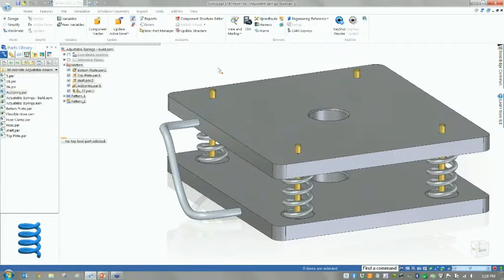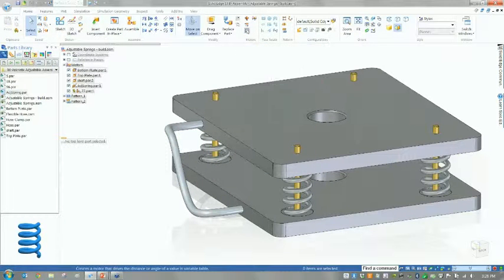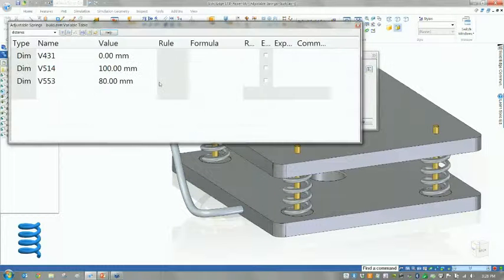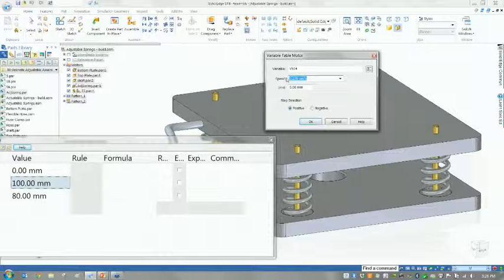All right, so now we have our springs sitting out there, our plates, and now I'm going to make a variable table motor. And I'm simply going to say that I want to pick that 100 millimeter, I'll pull this out of the way, and I want it to come down maybe 10 centimeters a second there, and I want it to come down 30 millimeters. I want it to come down, so it's going to go negative. If I go positive, it goes up. It's not impressive if you do it that way. You want to make sure it goes down. So I will say OK,